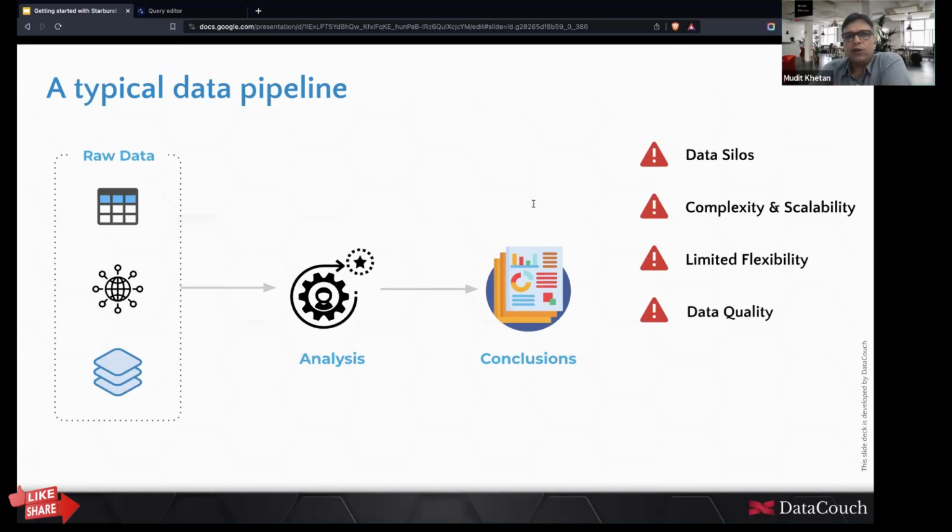Then the problem related to data quality comes in. Data quality problems can relate to its veracity. They can relate to its authenticity, and governance related issues. Then there are security issues. Then there are privacy issues. So many issues are related to data quality. Data lineage is another issue, which is directly related to compliance as well as governance issues.